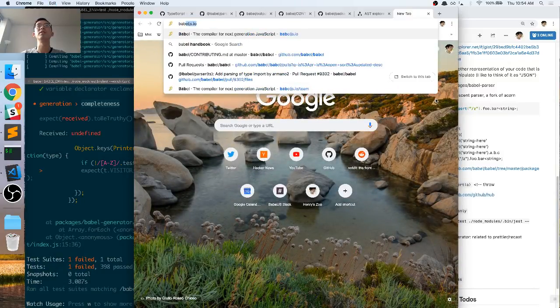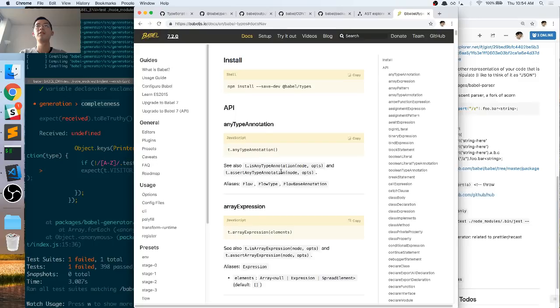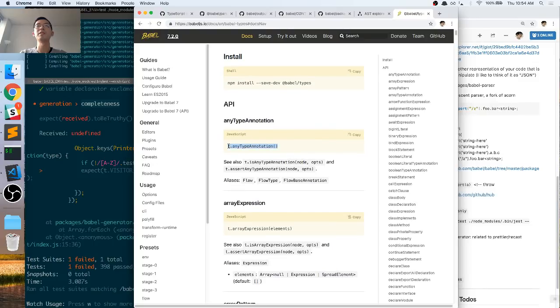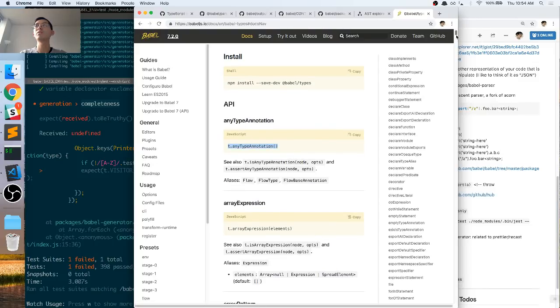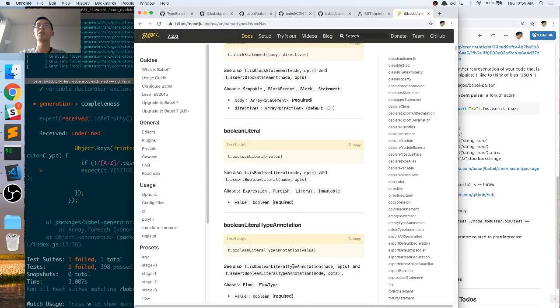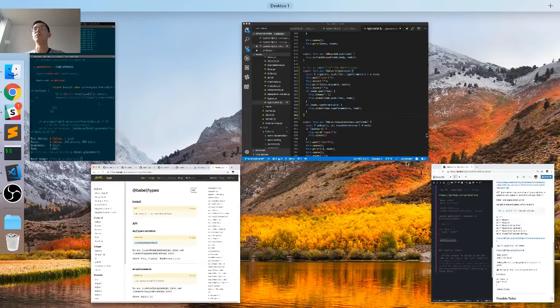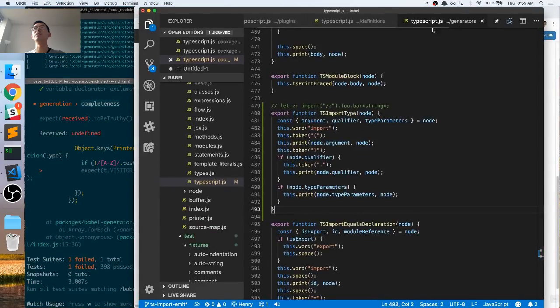Let's go to the website, I guess. They'll probably explain it better. Okay, so it's just methods on how to make certain nodes. Basically, there's one for every single one. Not that you need to use all of these, but if you want to make a class or a function or anything, we want to have a corresponding way of doing that. And so if we go back to the definitions,